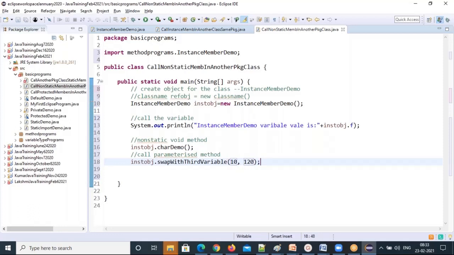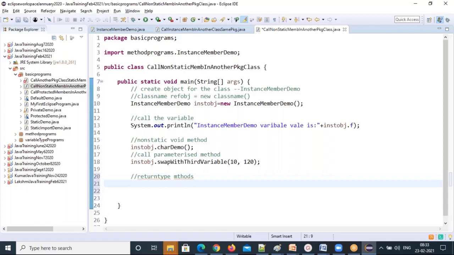Okay, so this is the one, return type methods. Let's try to call return type methods. So if you want to call return type methods, what is the syntax? Data type of the method, variable name equal to object reference dot return type non-static method parenthesis semicolon.